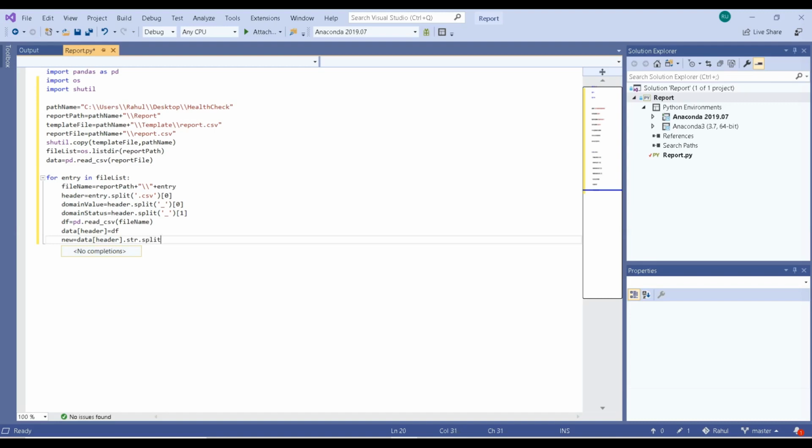I need to split it, right? What should be the delimiter? It should be colon, and n equal to 1 is the number of values that we need to keep. Okay, so n equal to 1 and expand